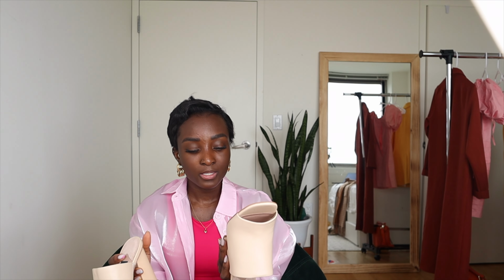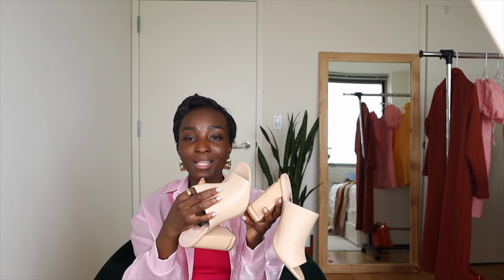These are from Zac Posen. So gorgeous. The leather is so soft and so buttery. When I put them on, they feel so good. Love these so much. For the next two, these are the ones that have passed the walking